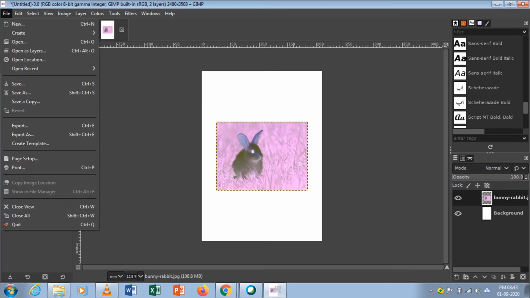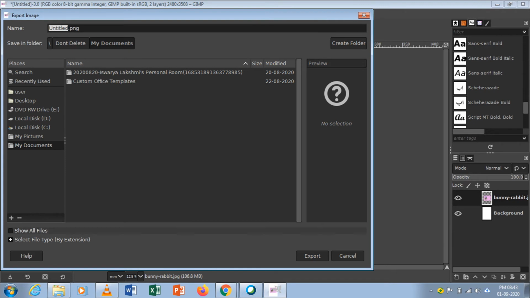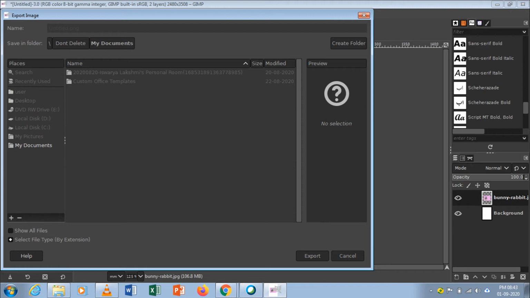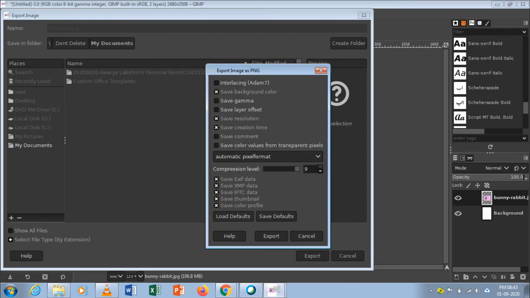Like this, you can blur or you can change the color. Go to the color menu. Using the submenus, you can change the color.